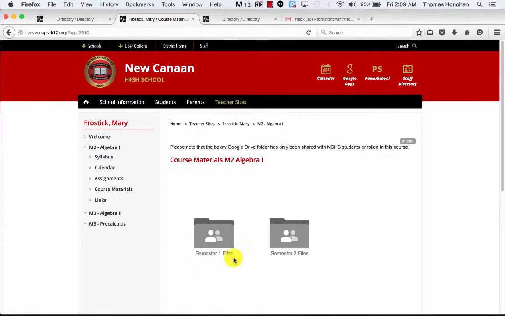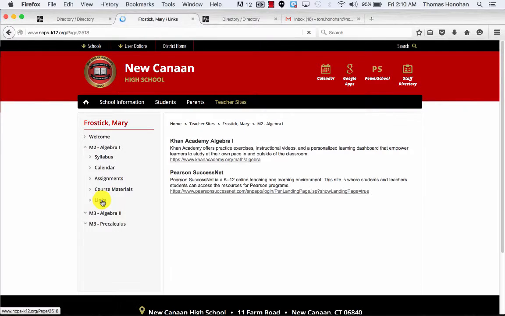This is a Google folder that you can have access to directly from Google Drive folders that you can create for your course. And then it goes into links, any links that you might want to add to your class, either something for video tutorials or something along the lines of access to ebooks, etc. So that's pretty much the overview.